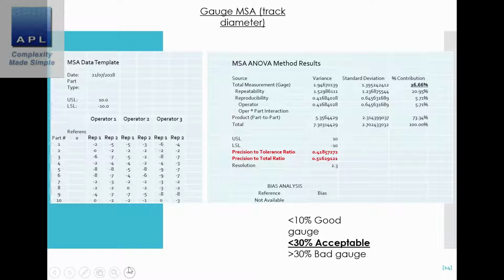Now if you look at the measurement system analysis, it actually doesn't pass the test. Less than 0.3 is acceptable. So, greater than 0.3, which is what we've got there on precision to tolerance, precision to total, that is a fail. So in theory, you should be sorting that out. However, when we looked at the information,